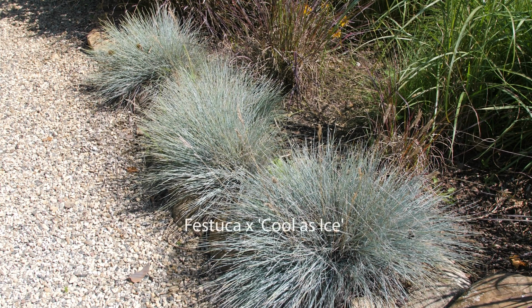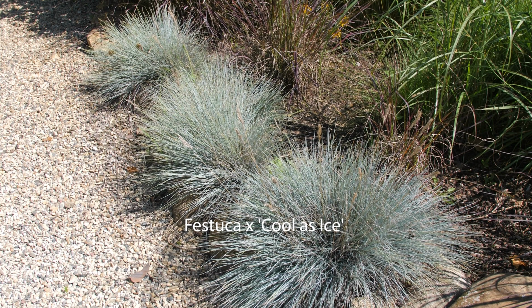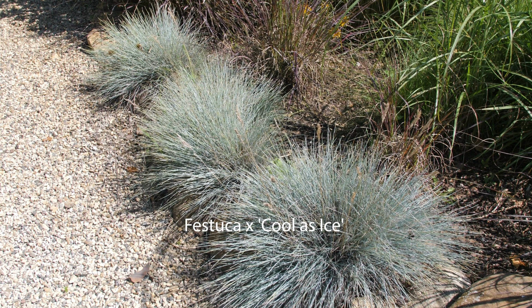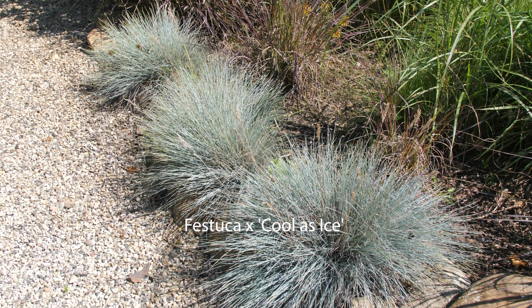Festuca Cool as Ice is one of our hybrid fescues. This has blue foliage in a low mound. It's also more adaptable in the Midwest type conditions and heavier soil type conditions. This one